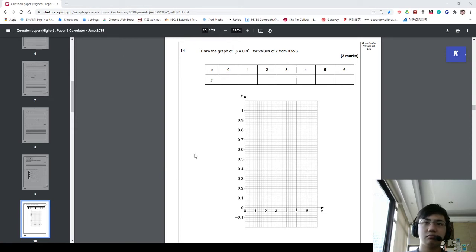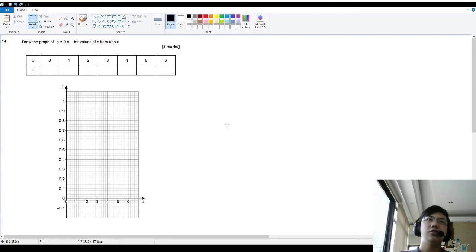So we simply put 0.8 to the power of 1, to the power of 2, to the power of 3 and so on on our calculator to figure out each value. So x equals 0, anything to the power of 0 is 1. 0.8 to the power of 1 is 0.8, 0.8 squared is 0.64,